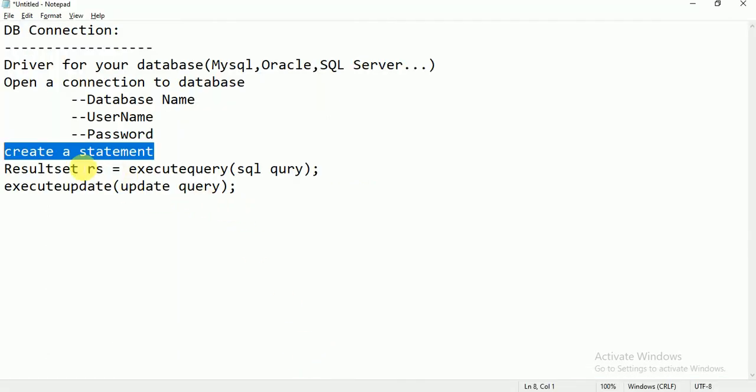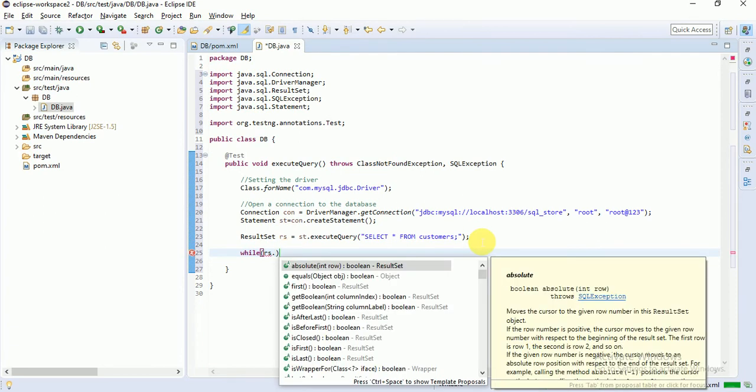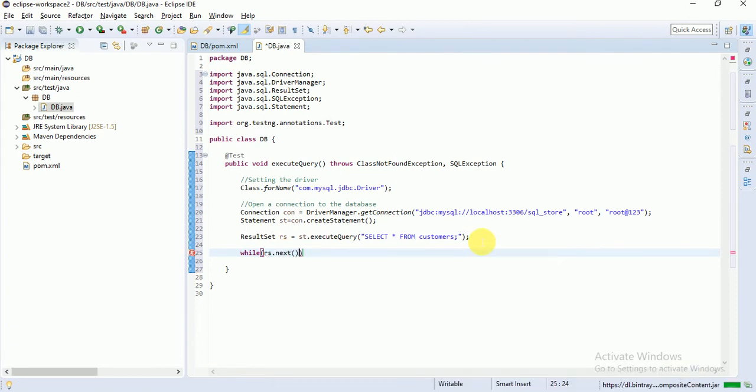Next, what we need to do, guys? We need to read the data from the result set, one by one. How can we read it? See here: while resultSet.next, then System.out.println.